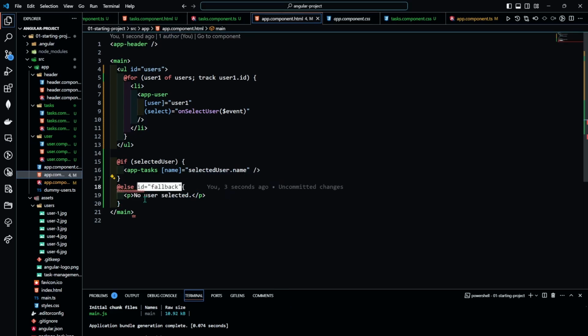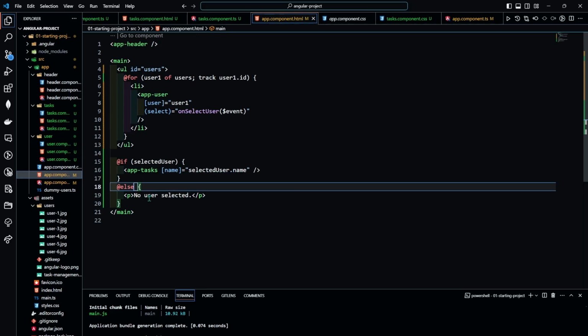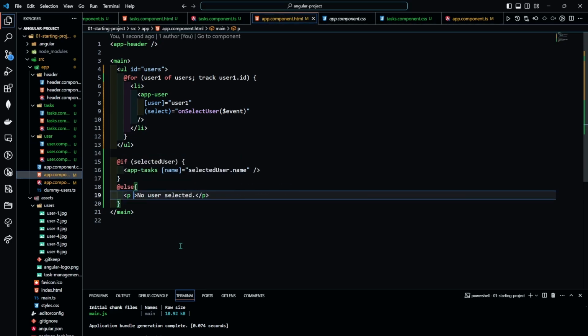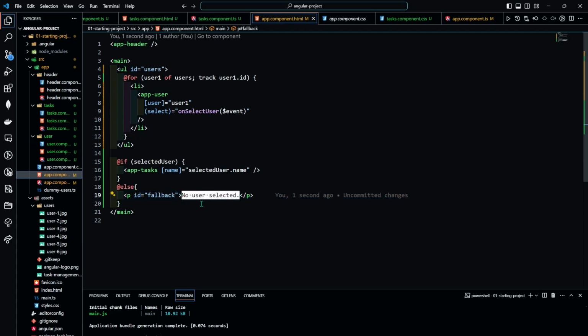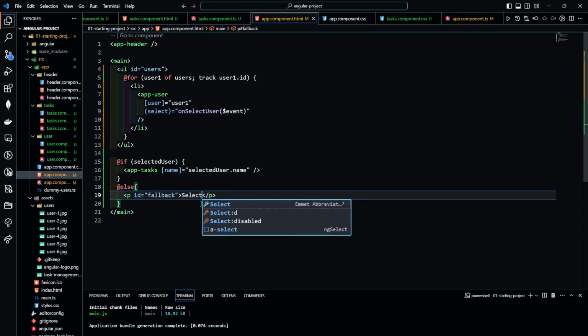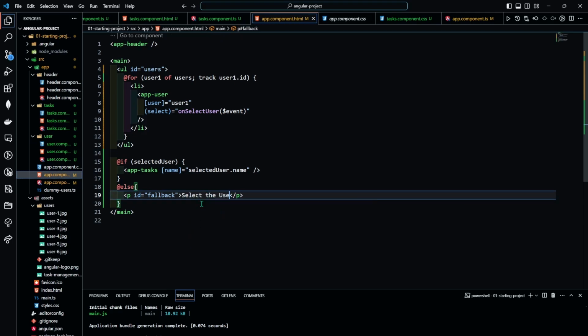Instead of giving it here, it will be given inside a paragraph tag for some images, and here we can see: select a user to view the tasks. Okay, now